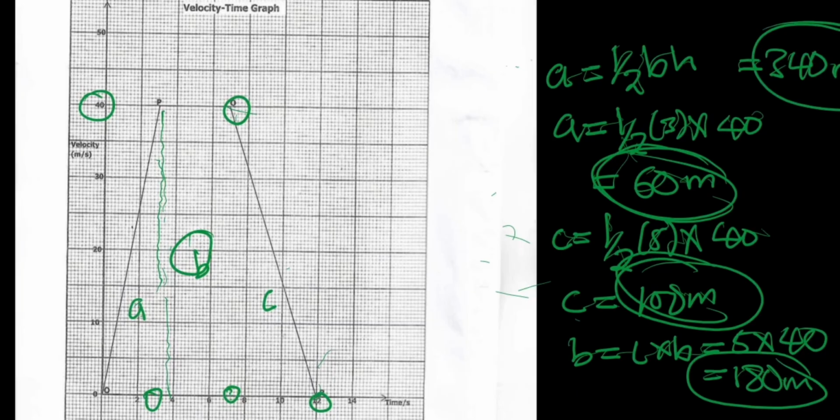So just make sure you understand that when you calculate the area of the figure given, then you have found the distance of that particular figure. Now, the last question here is calculate the average velocity for the entire motion, for the whole motion. The average velocity